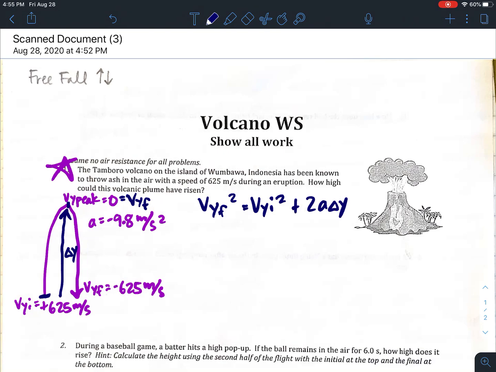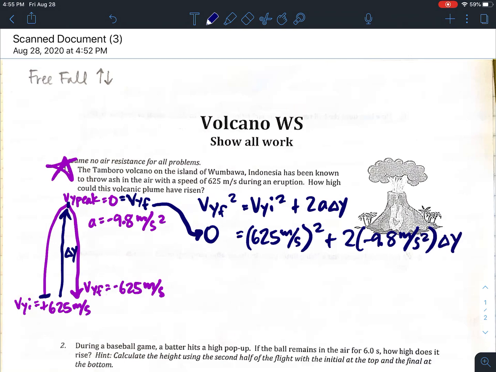That's going to be what I use for my final velocity because I need maximum height. So I'm going to plug in 0 for VYF. I'm using my peak height. 0 squared, of course, is just 0. And then I have 625 meters per second for VYI. I need to square that. Plus 2 times negative 9.8